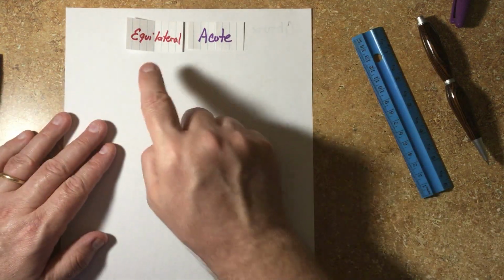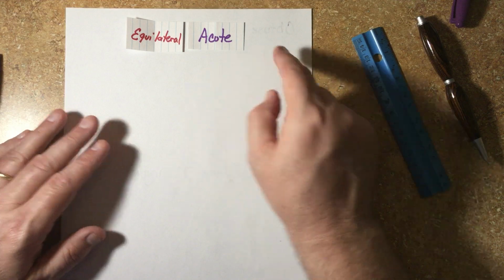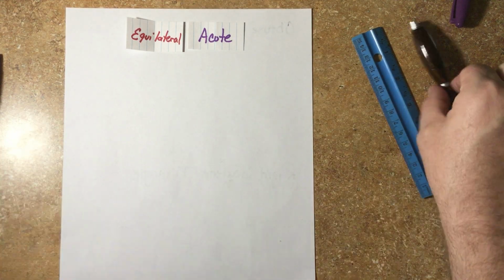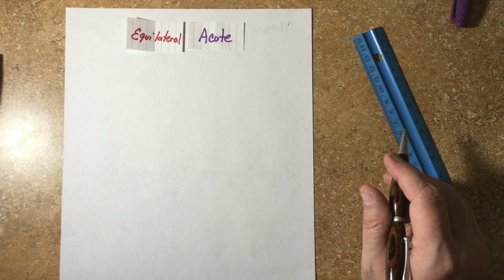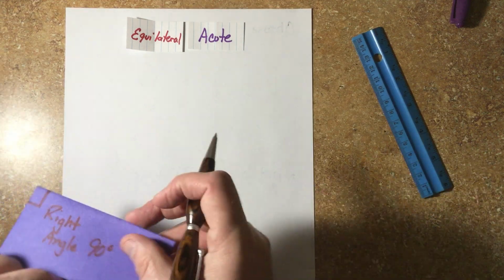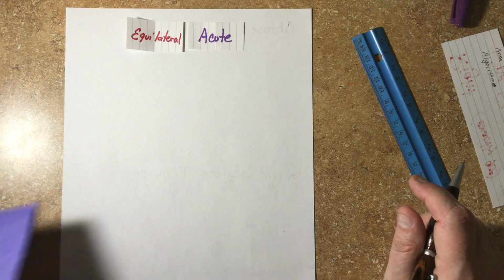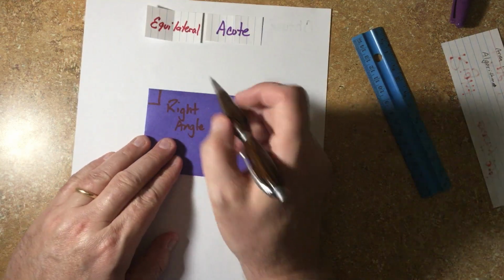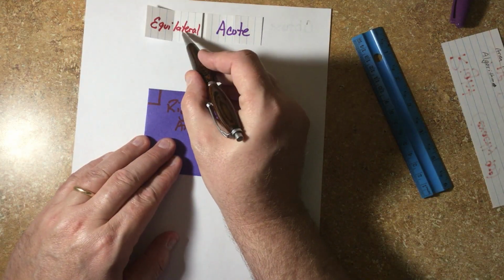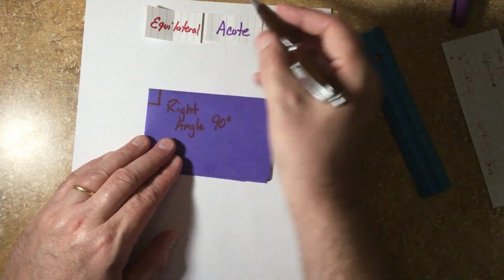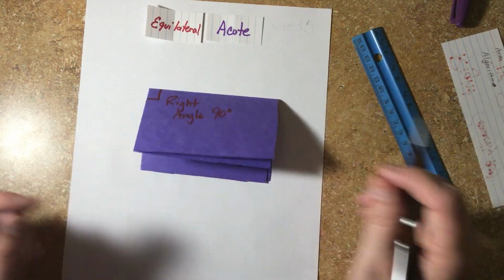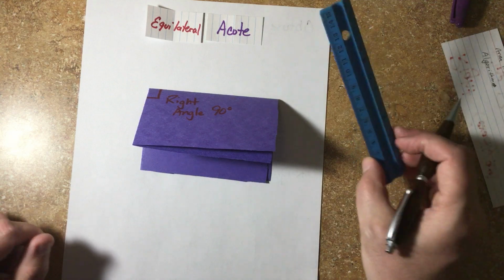Can I make an equilateral acute triangle? This one's a tough one. All right, so first thing I'm going to do is start. I know it has to be 3 angles or 3 sides of the same length, and they have to be acute. So